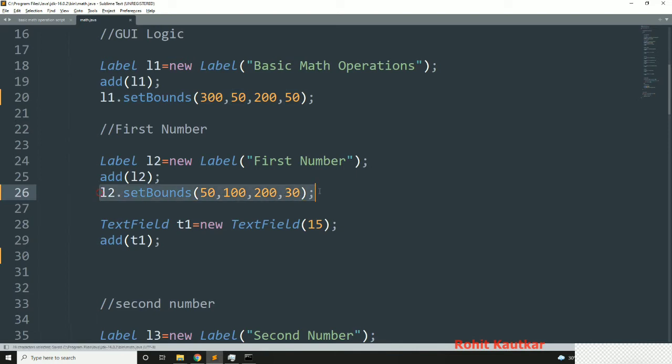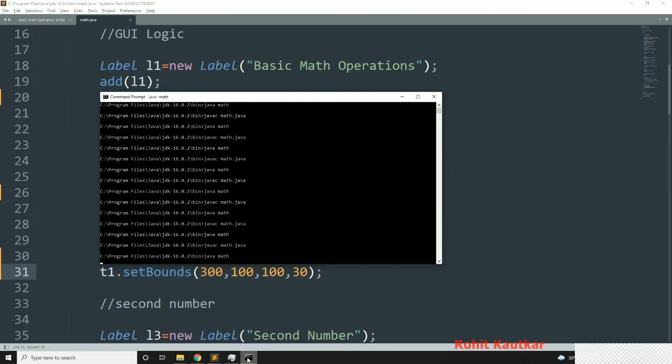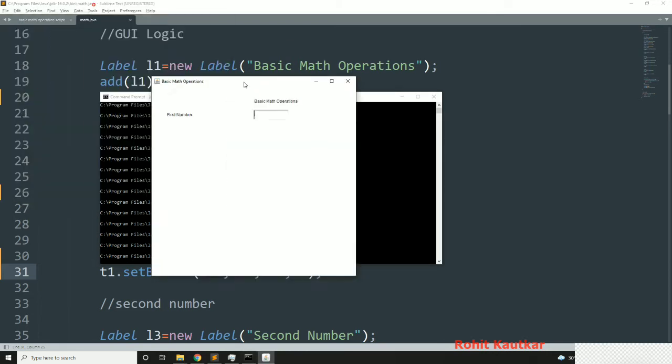Okay, next to this we will arrange the T1 field, then we will place its x position, let's say 150, y will be same, its width will be 100, and height will be 30. Okay, so here we get the text box.